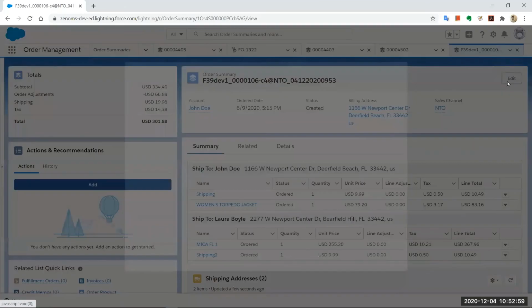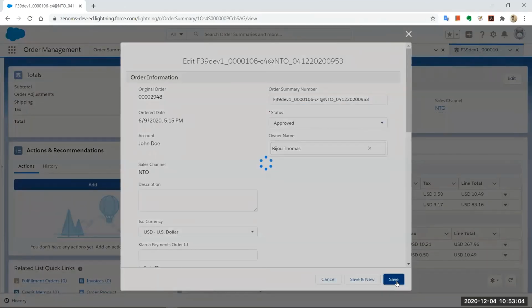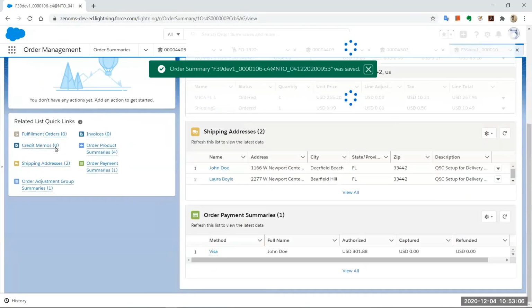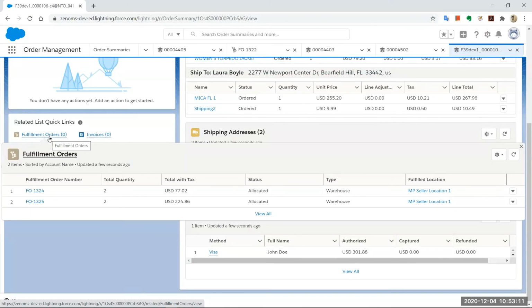So now if I go and approve this particular transaction, what happens behind the scenes is there are two fulfillment orders that get created, right? So you can independently track this one particular order through these two fulfillment orders, and each of these fulfillment orders can go through its own life cycle, and you can track them till it reaches the customer and the right destination, right? So that is also something that Salesforce does pretty well.